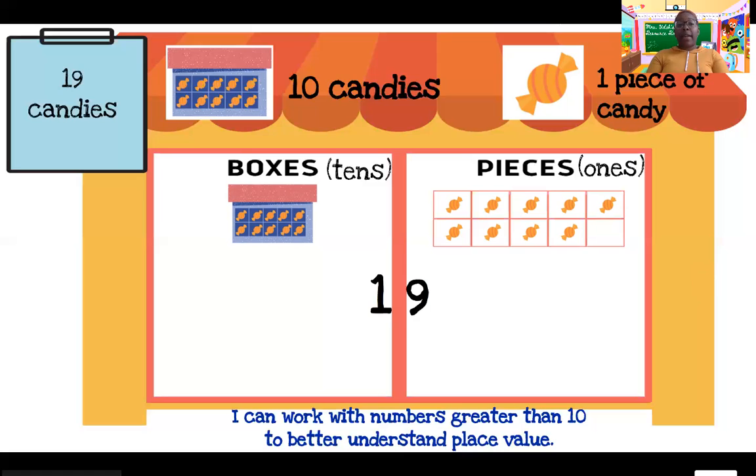Well, how can we check to make sure we've correctly modeled our number? Why don't we count it? Well, how do we count a box? Do we need to go through and count every piece of candy? No, we don't,